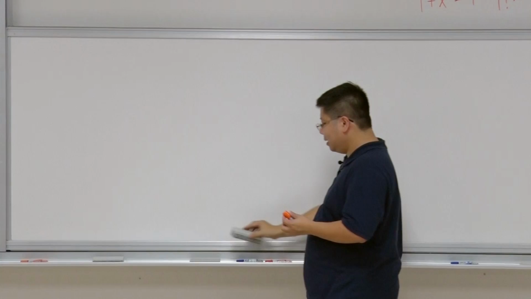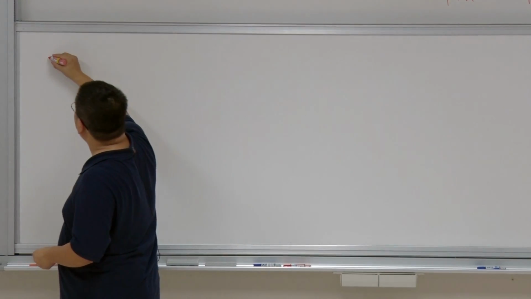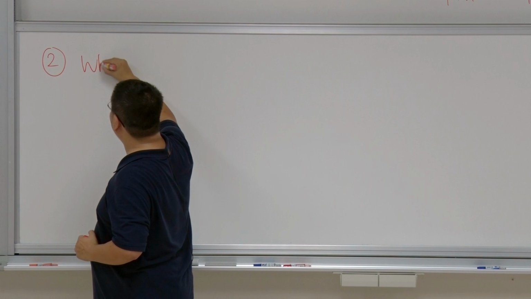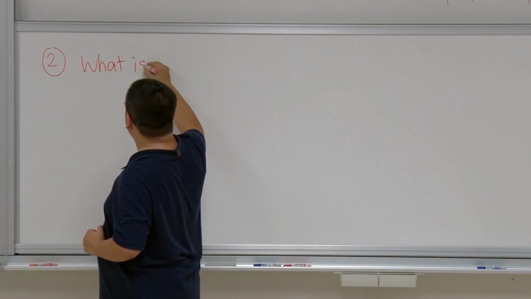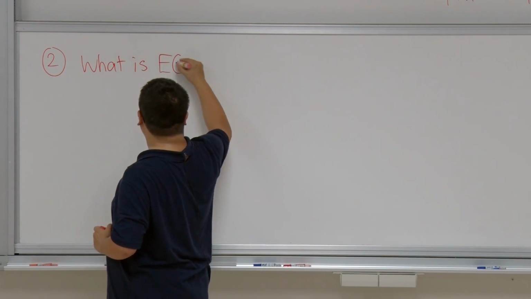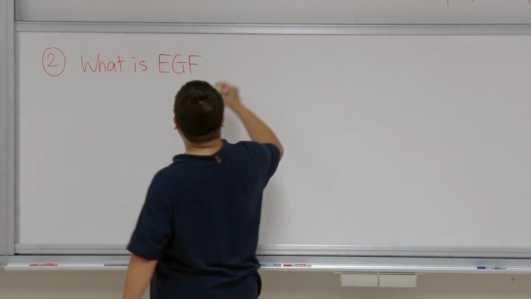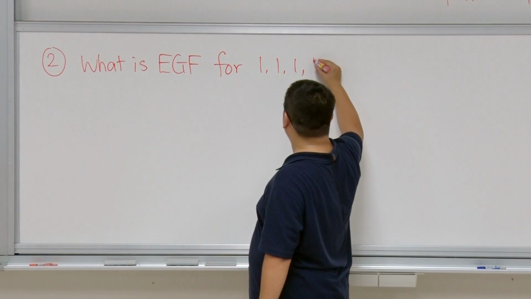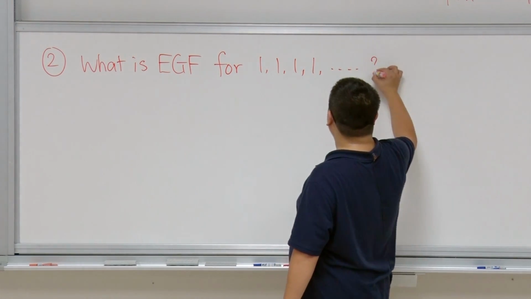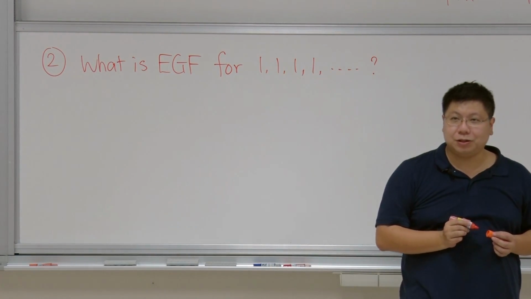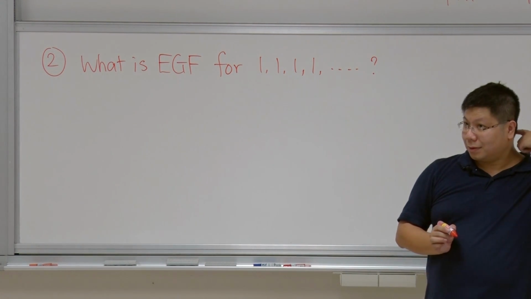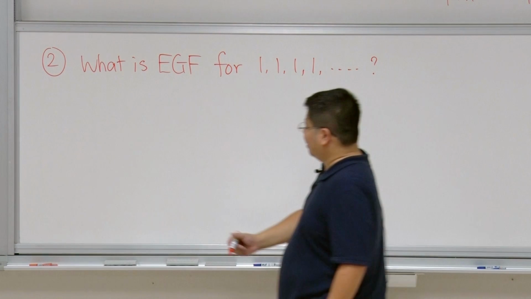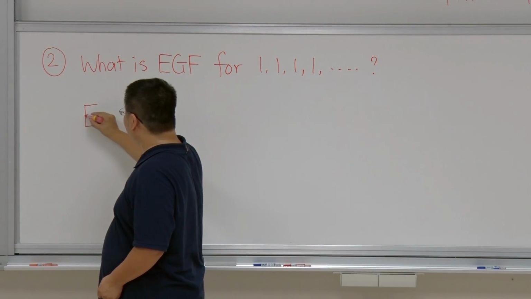How about this one? This one is going to be also very useful. So we want to find out what is the EGF for 1, 1, 1, 1, the infinite number of ones. What is the EGF for this one? So easy, right? So the EGF for this one is equal to